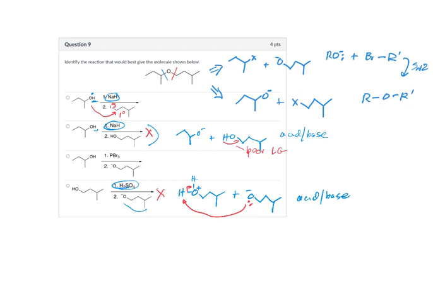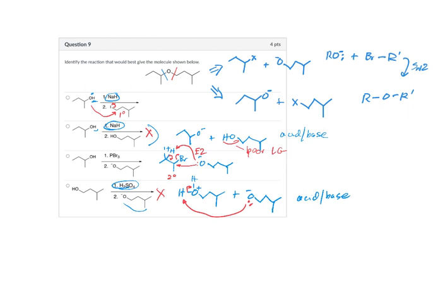The other possibility is this third one. So we just saw in the previous problem that the first step would form the bromide, and then we would have the reaction of this alkoxide with this secondary alkyl halide. So this can do a substitution reaction, but the problem here is because it's such a strong base, it can also do an E2 elimination, which may be the main reaction